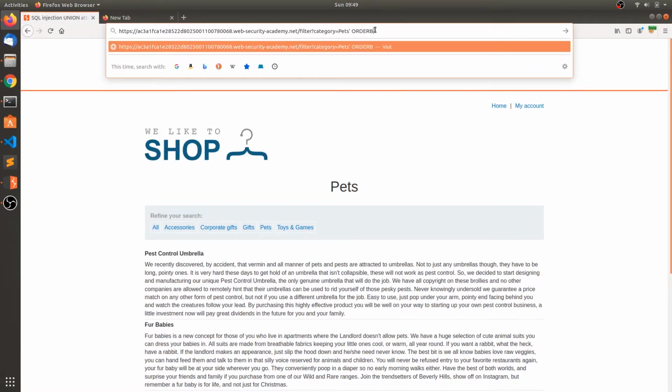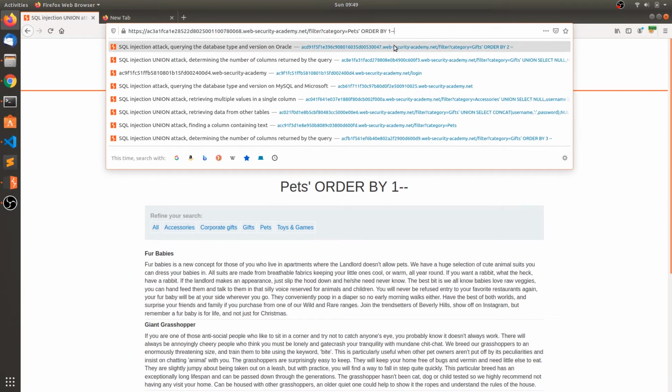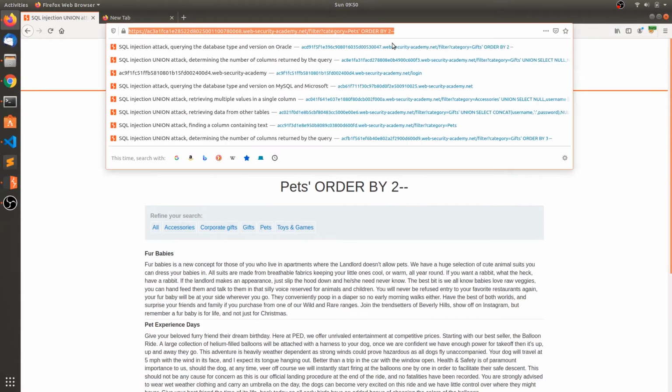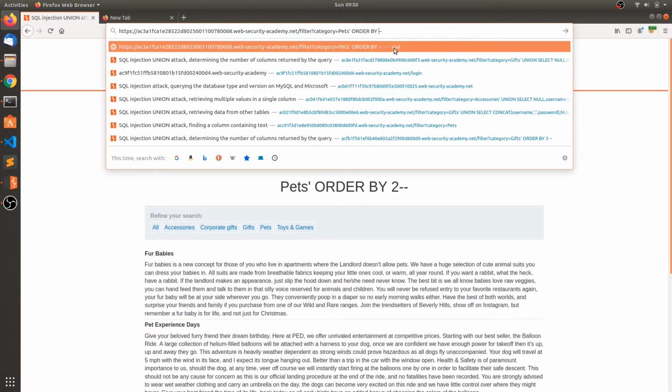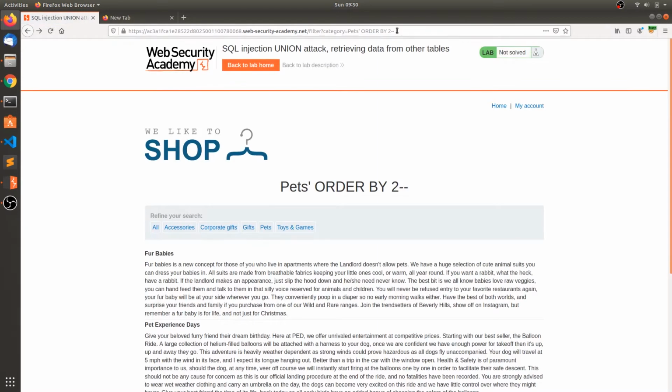Now let's determine the number of columns, sorting according to the first column. So it worked. Second column, so there are 2 columns. So there are only 2 columns.